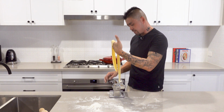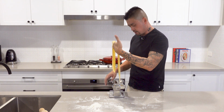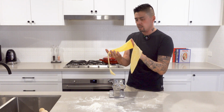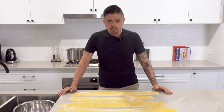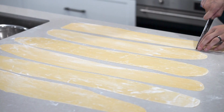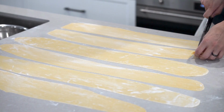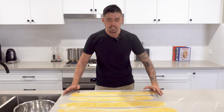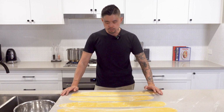The thickness of pasta is all a personal preference. Because I'm using multiple layers, I'm just going with a nice thin layer. Once all your pasta dough has been rolled out, what we're going to do next is cut them up into the lengths of our lasagna dish. The sheets here aren't wide enough for a singular sheet, so what we're going to use is 2 sheets per